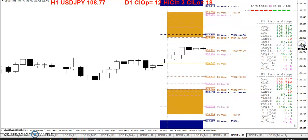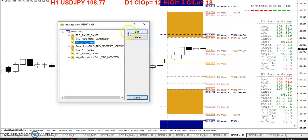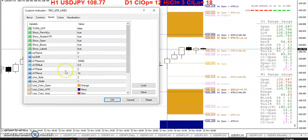On the ATRs, I know there's a couple traders out there that want to understand ATR, so let me try to explain it to you again. Okay, from the weekly open, we're going to look at from ATR 2, I think, up to ATR 14. I'll just show you right here in the indicator. So ATR, start the loop at 2 and run the loop through 14. So we're going to look at all the ATRs